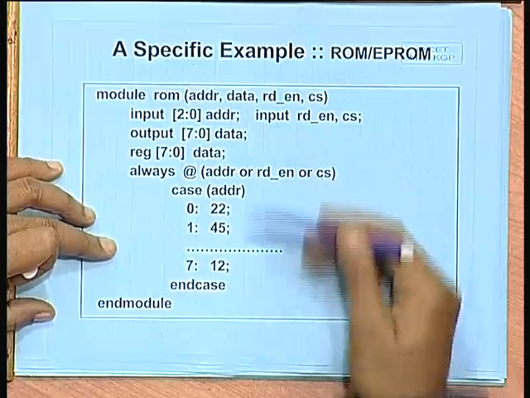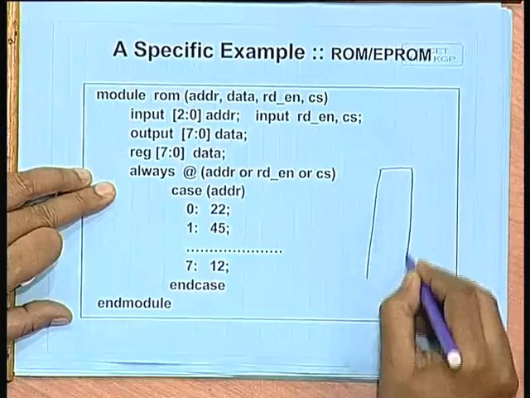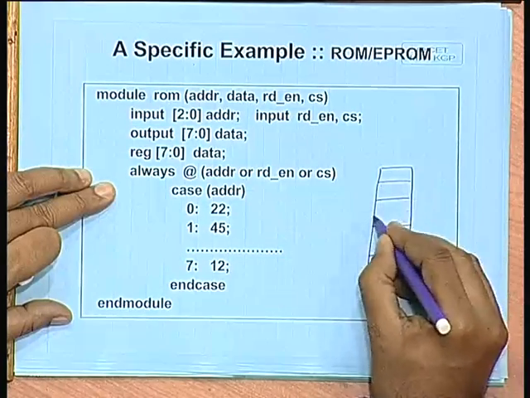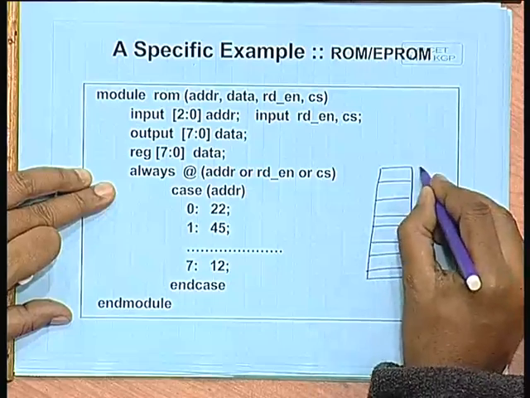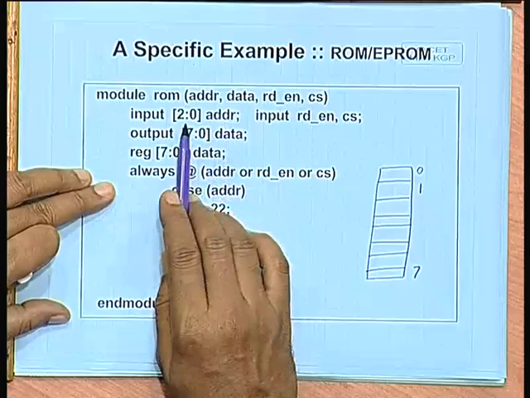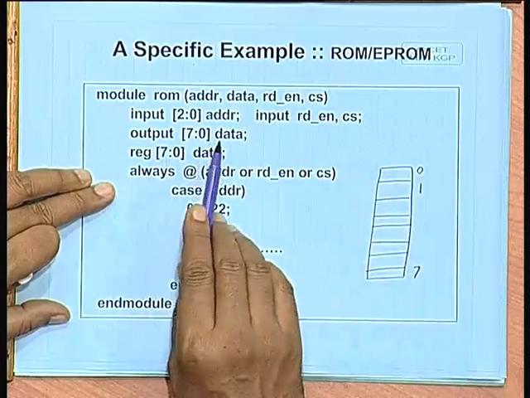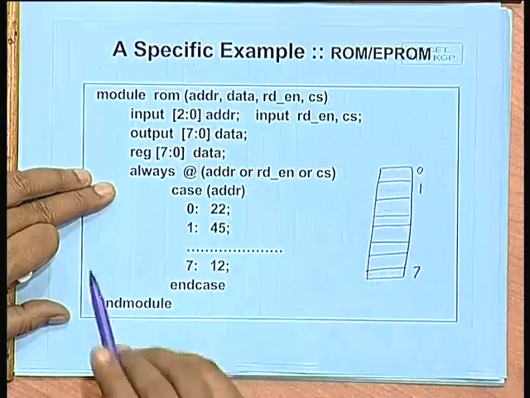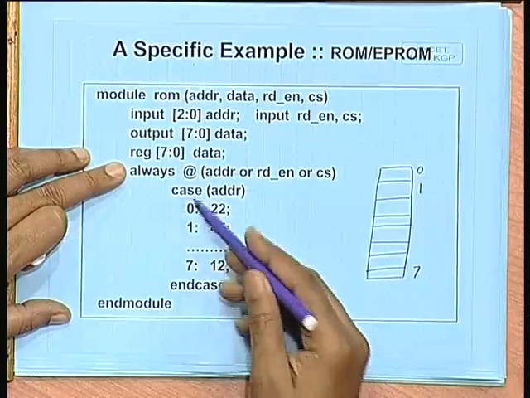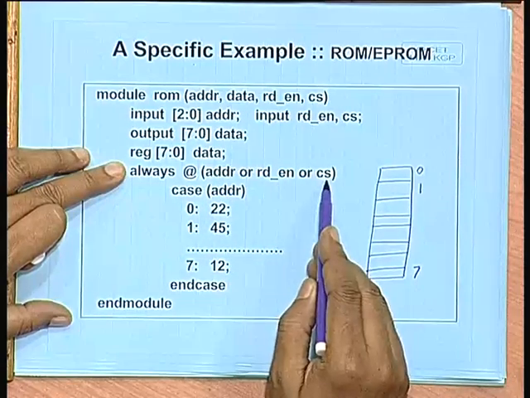So, just for the sake of illustration, I have assumed a very small memory module which consists of 8 locations. The addresses ranging from 0 up to 7. So, the number of address lines will be 3, read enable and CS will be inputs and the output is 8 bits, each word is of 8 bits, this we are defining as a register type. And in an always block, we say that whenever address or read enable or chip select changes